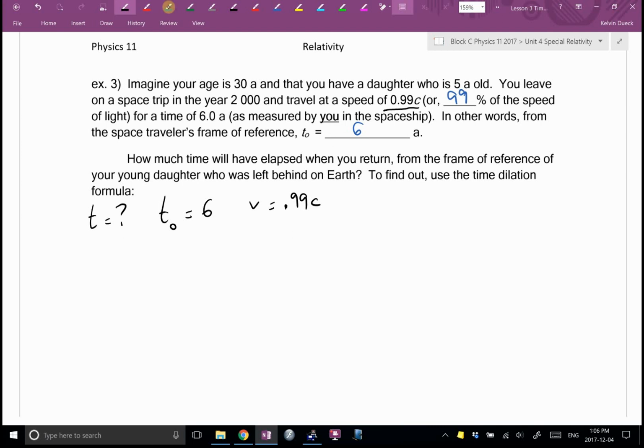So what's our time dilation equation? It says this. T equals T0 over the square root of 1 minus V over C all squared, or V squared over C squared. Same difference. Astronaut Joel, how long does this trip last for you? What's T on board the spaceship? How many years? Yep.